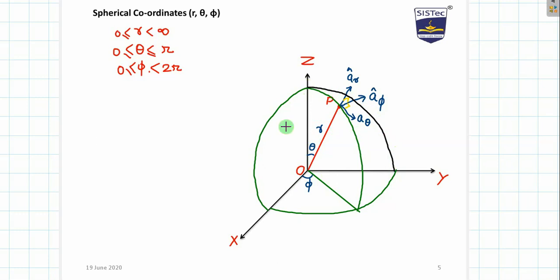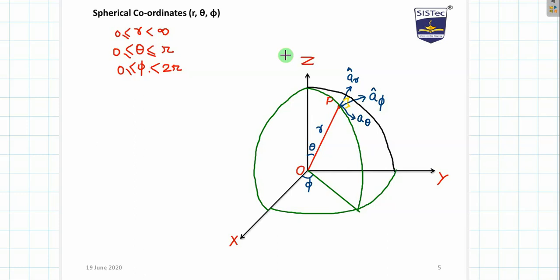So in this way you can see in one quadrant, if this plane is rotated the whole 360 degrees along the z axis in the upper and lower half, then it will form the sphere. If this r vector is rotated with angle theta going up to pi and angle phi going the whole 360 degrees, then it will take the shape of a full sphere. That is why we say that it has spherical symmetry.